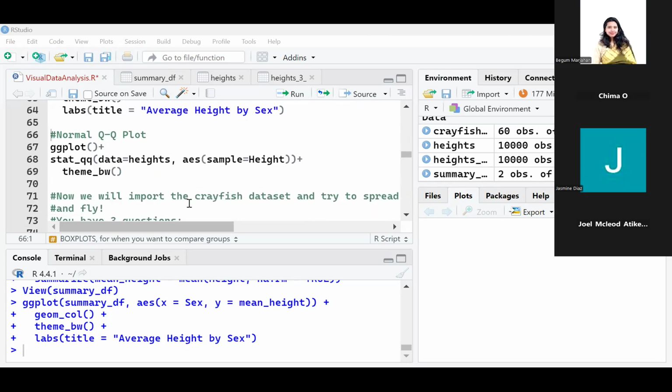a normal QQ plot is one of the ways, aside from a histogram, to tell how normally distributed a data set is. Okay, so this is how you make a normal QQ plot, and you would just use your response. Here I'm telling ggplot that I want a normal QQ plot. That's what stat QQ means. Using the heights data set, and you just put your response right there, the column name, height. So if I run that,